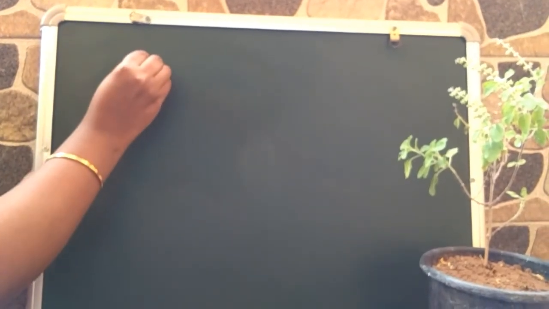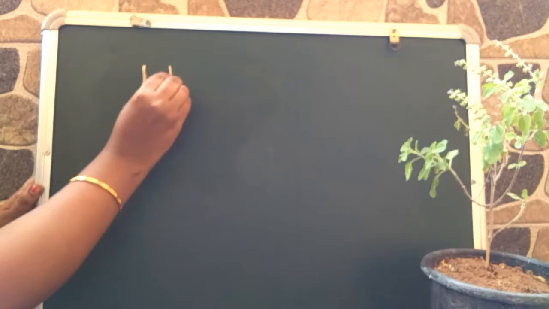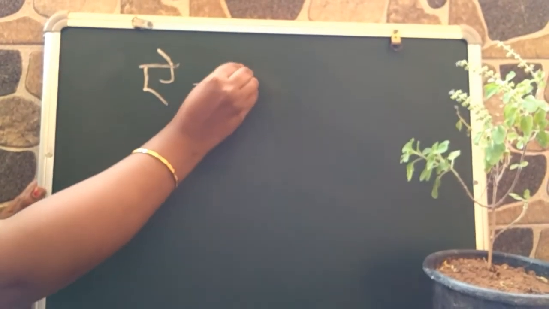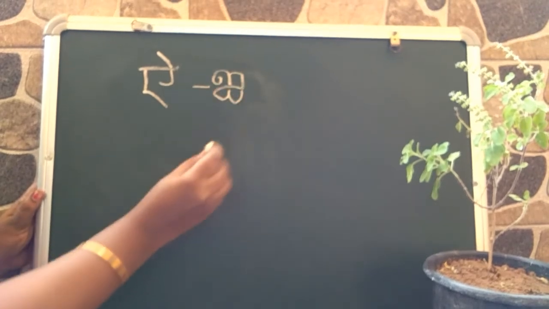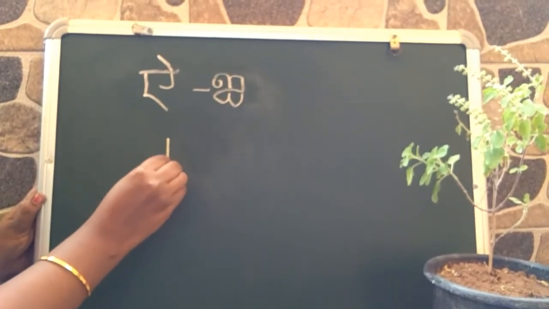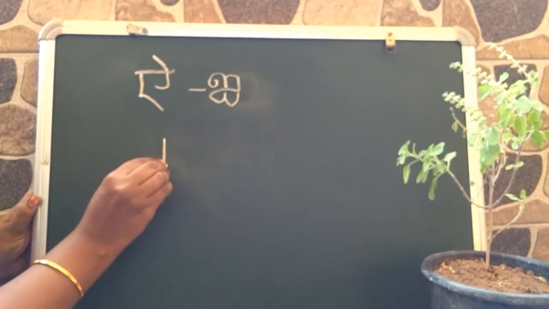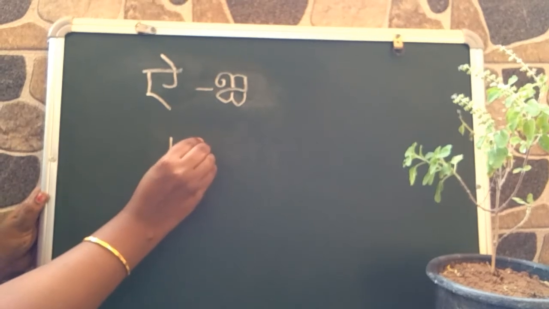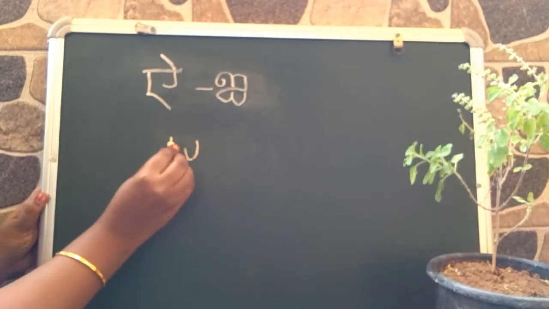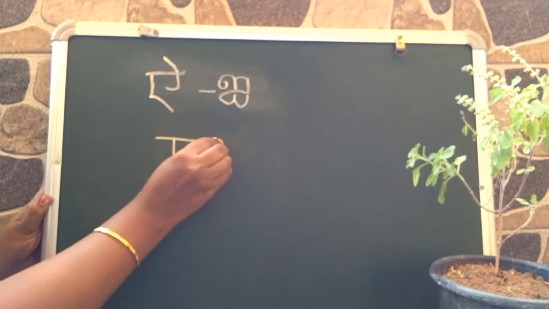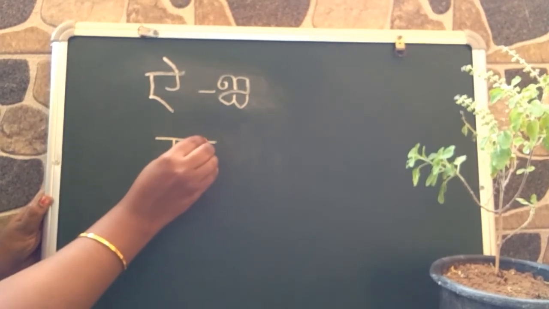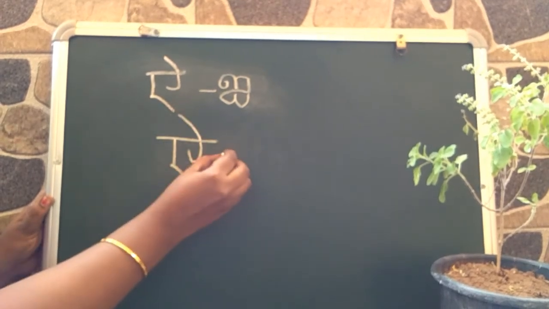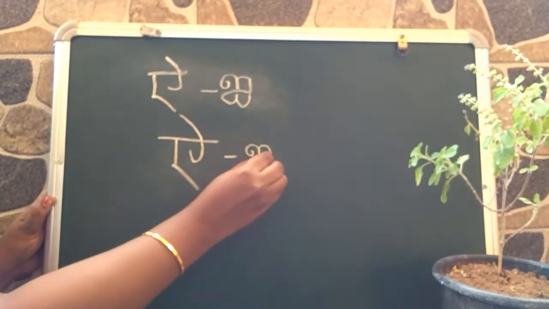Our next letter is I. Now I will teach you how to write I. Draw one standing line and then draw a slanting line like this. Then draw a English alphabet J on the right side. Finally, draw a sleeping line on the top and draw a hoop above the sleeping line like this. This is letter I.